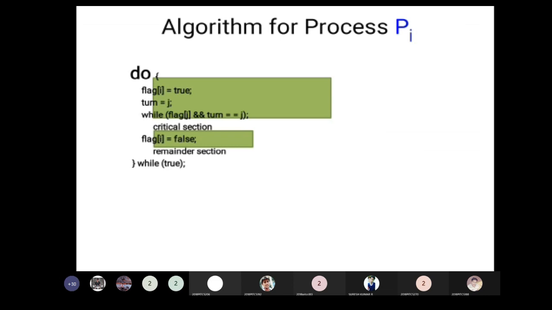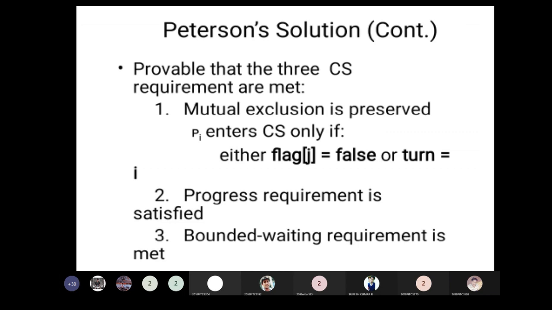Once it is over, flag of j equal to false means now it is out of the critical section. The remainder section should be executed. The control will be taken away from process j. That is your exit section. This is your solution.